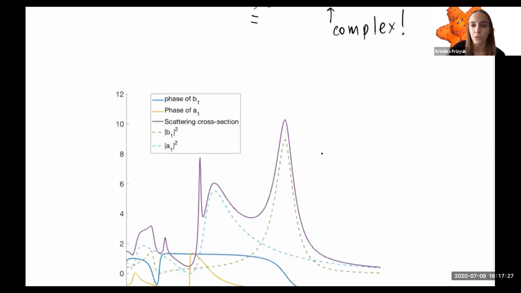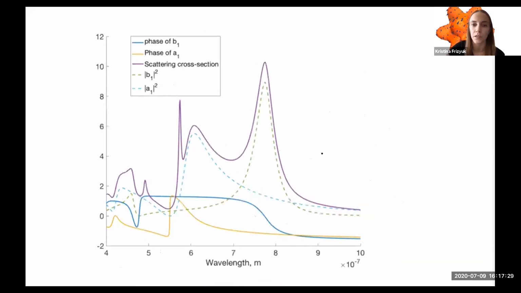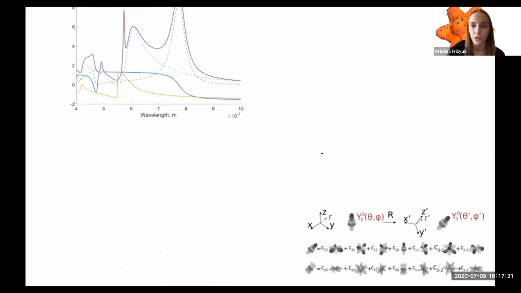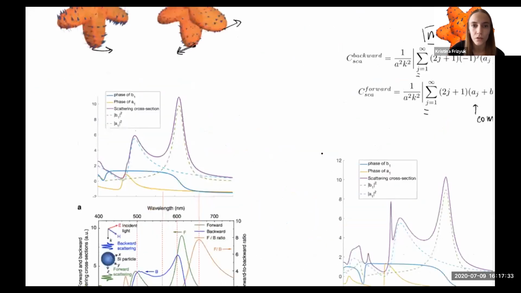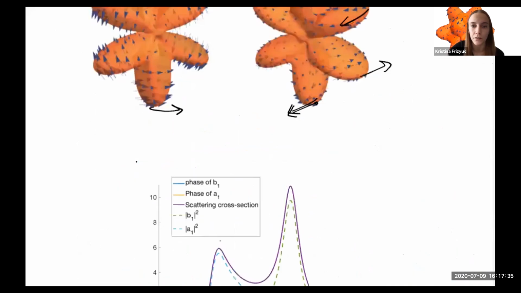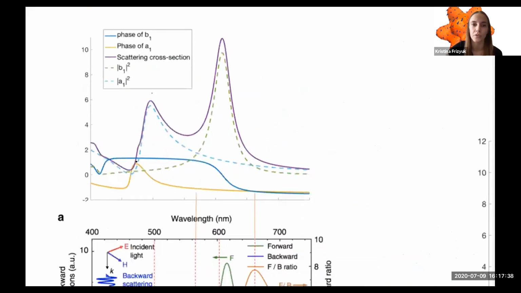So let us look at a particular example. Okay, here we have the scattering cross-section. You can build the same with a Mie calculator. It is for a silicon sphere of radius 75 nanometers, but the picture will be absolutely the same for